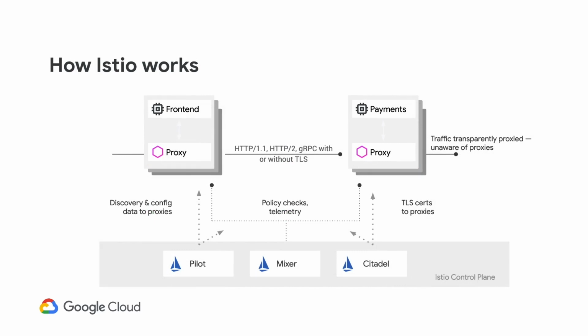Istio has a control plane to make this all happen. And that control plane has 3 conceptual components. The first one is the pilot. You see it on the bottom left there. The pilot talks to all of the proxies and deploys configuration and routing rules. The mixer comes along and enforces the policies. The mixer says, hey, who's allowed to talk to which other component? Is front end allowed to talk to pictures? Okay. Is pictures allowed to talk to auth? No. Mixer is the one that's going ahead and enforcing those things.